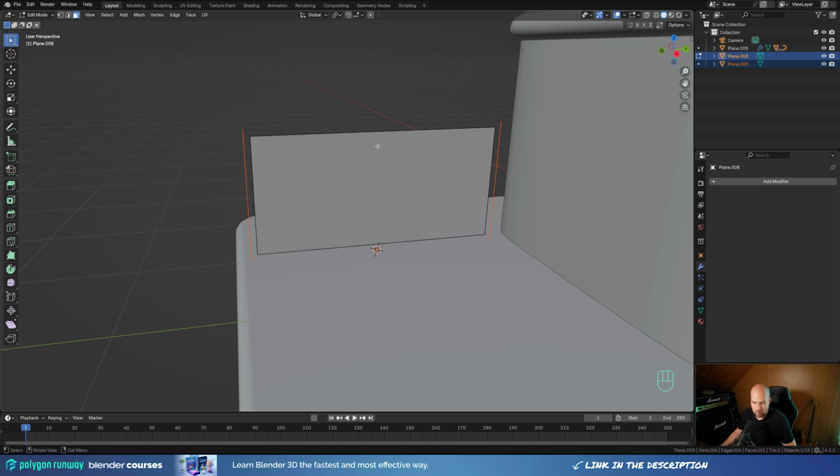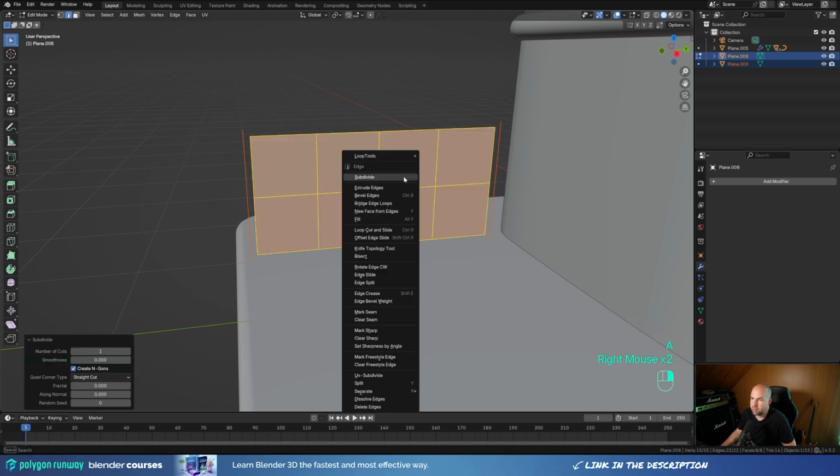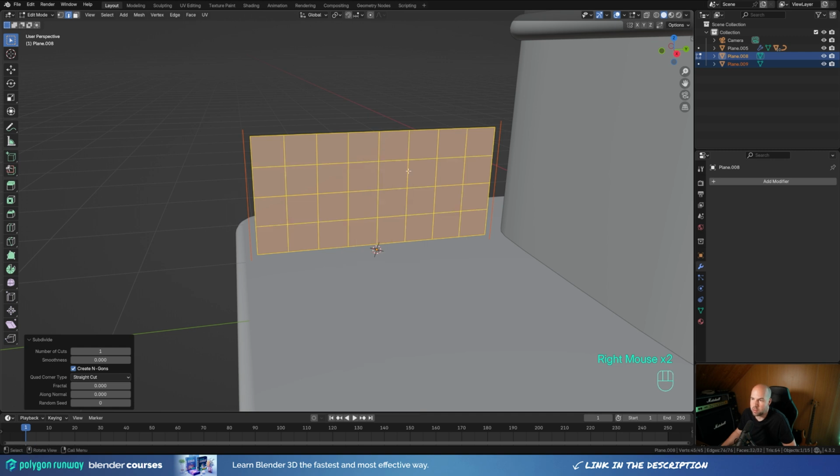on the length, we can just press Ctrl R to create a loop cut right here and right click to release, and now we have two perfect squares, and we can just press A to select all and right click and subdivide, and it will always create perfect squares. So I think something like this should be okay,